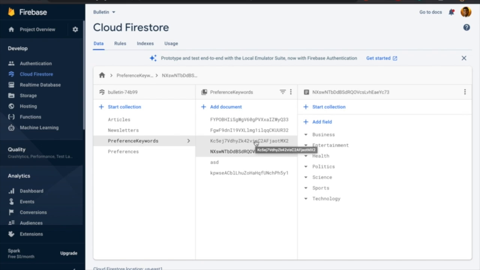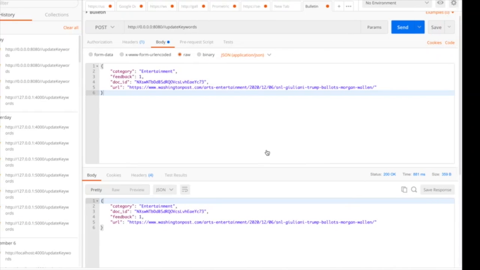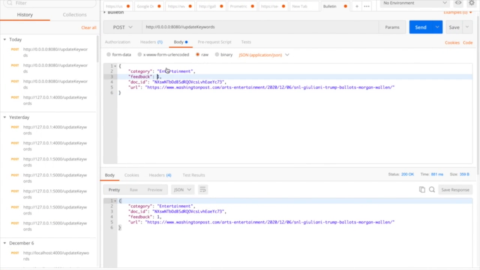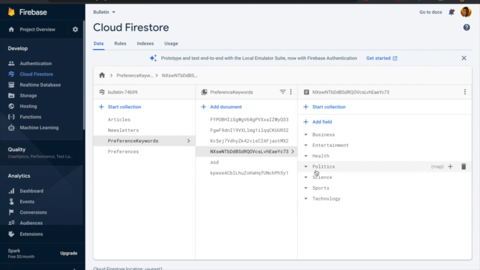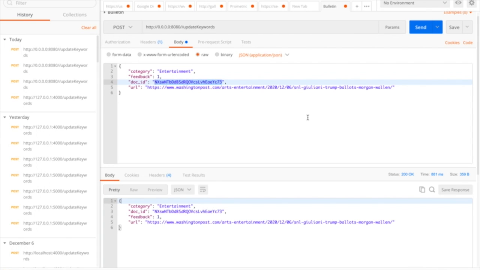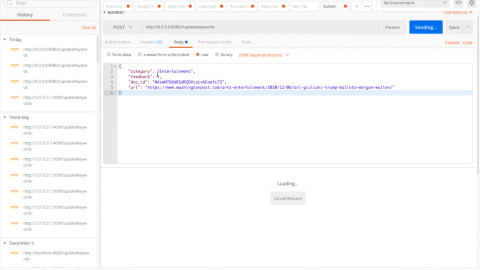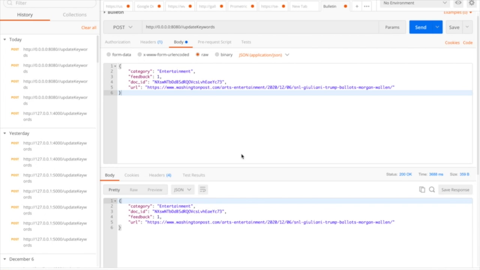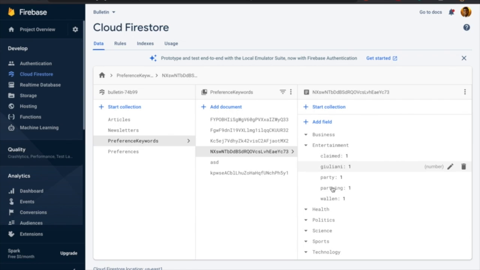I'm going to go ahead and show you guys the API call that we make to do that. So swiping over here to the right to Postman, I'm going to send this payload to our update keywords endpoint, and this should update the keywords for this user, the NXS user, which is exactly what we're on right here. So sending in our request for positive feedback right here. Once we get the response back, we should be able to see right here that it's populated with keywords that are now considered good keywords for this user.